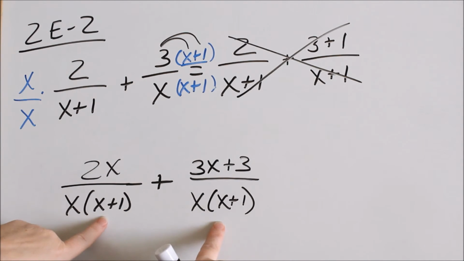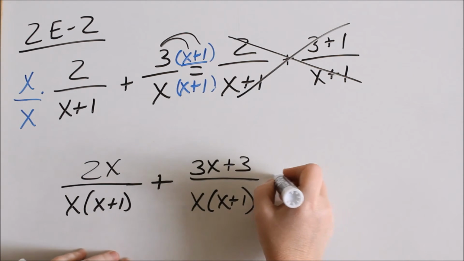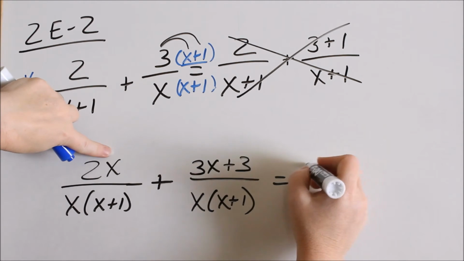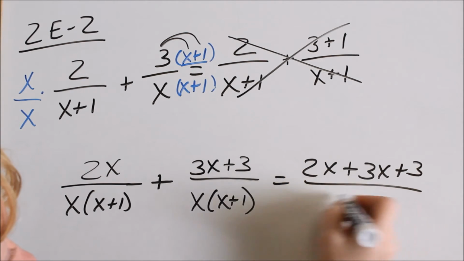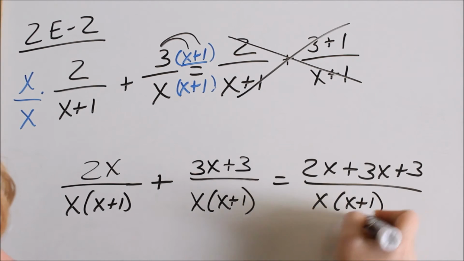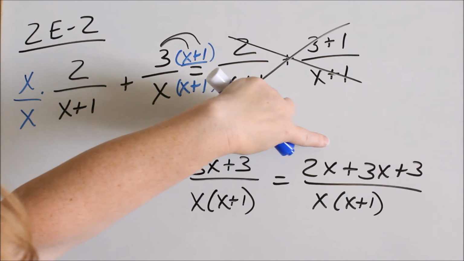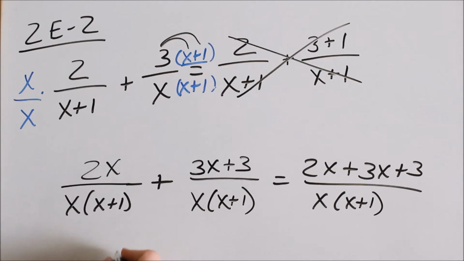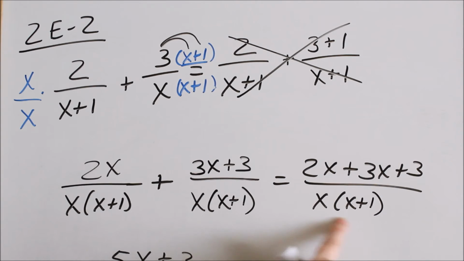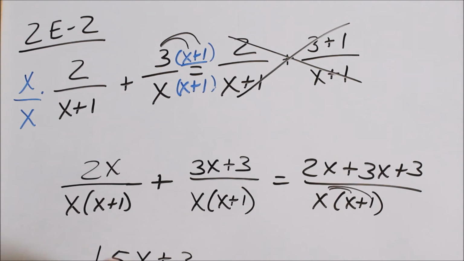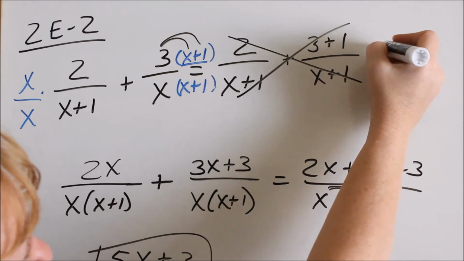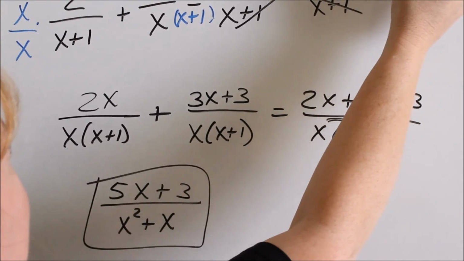Okay? Now I have a common denominator. Now I can combine my numerator. So combining my numerators, 2x plus 3x plus 3, all over the same denominator. Now I can look to see if I can combine like terms. I can combine my 2x plus my 3x, which is 5x, and then still my 3. I'm going to go ahead and multiply this out. x squared plus x, distributing that. So this is really what needs to be up here on the right hand side. It would need to be